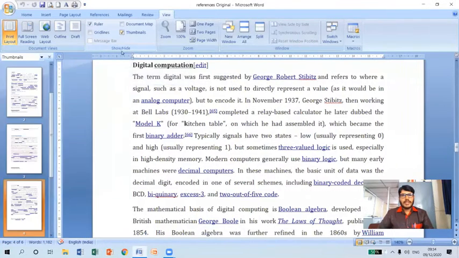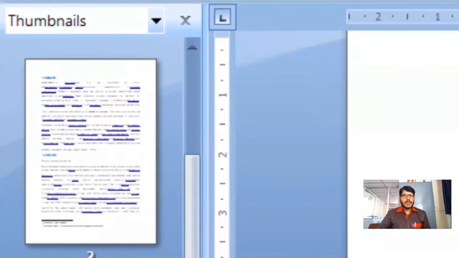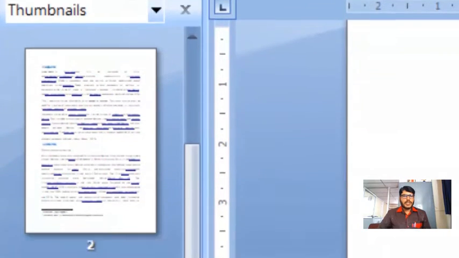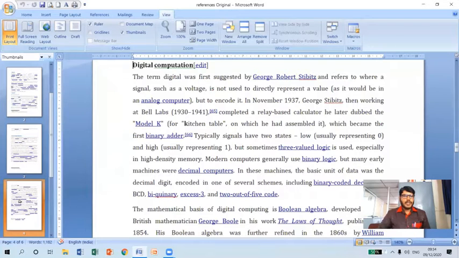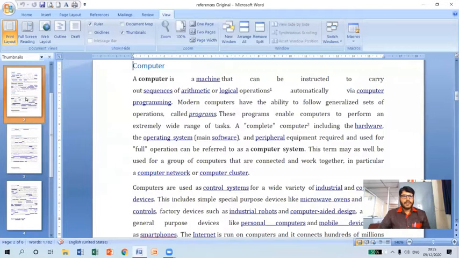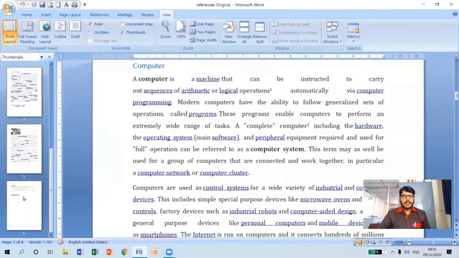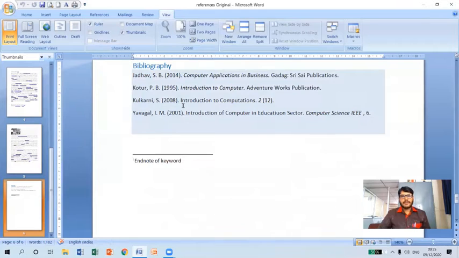So if I click on this, it will display the thumbnails at the left hand side, as you can see here. So these are nothing but small pictures. Through this, you can simply navigate between the pages here. So now we are in the third page. Assume that I want to directly go to the second page now. So simply click on this second page. So directly it will navigate to that particular page here. Okay, so similarly, we can scroll down here, and I can directly go to the last page, that is the sixth page, simply by clicking on that. So this is how we can show or hide the various rulers, grid lines, document maps, and thumbnails, etc.